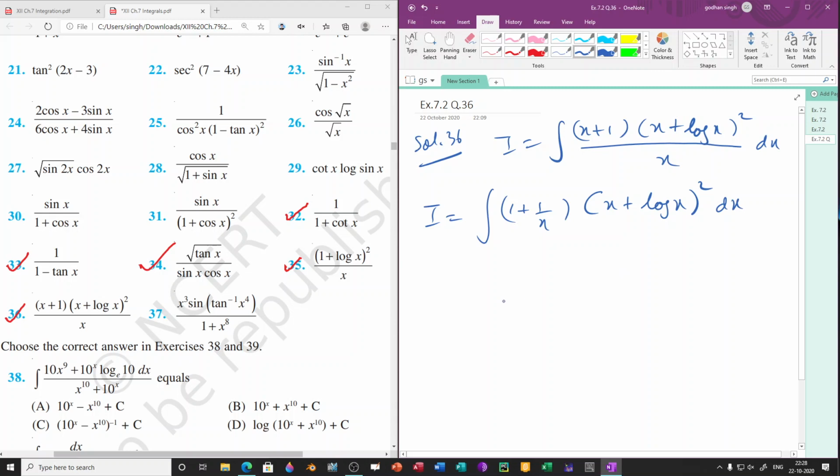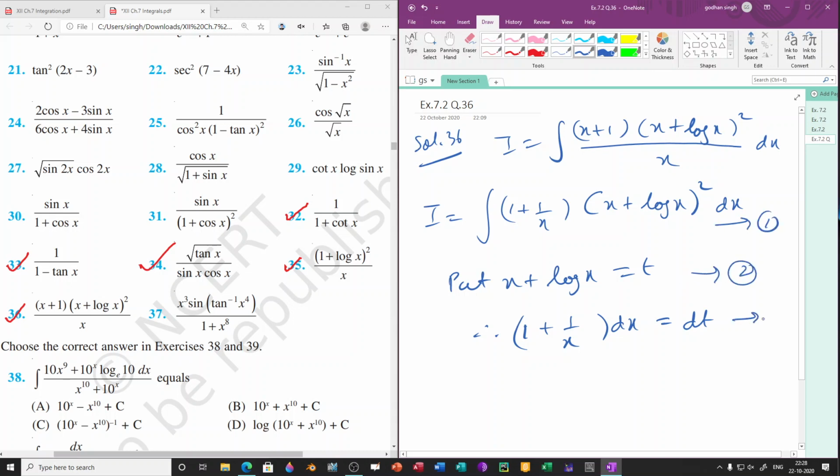Now put x plus log x equal to t. Therefore, we will be getting differentiation of x, which is 1 plus 1 by x, dx equal to dt. And suppose this is our 1, this is 2, and this is 3. So putting 2 and 3 in 1, we have,